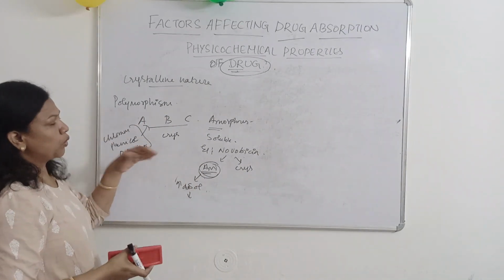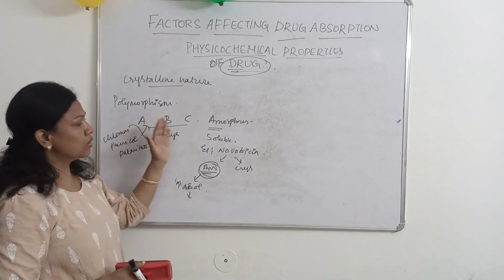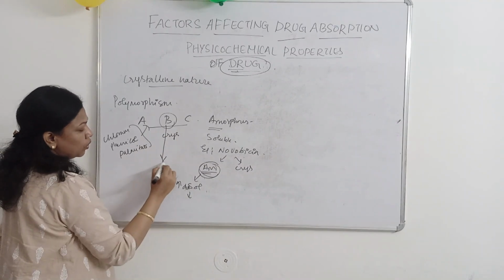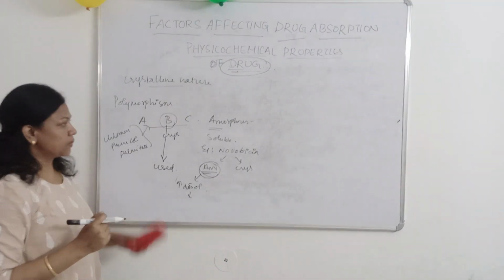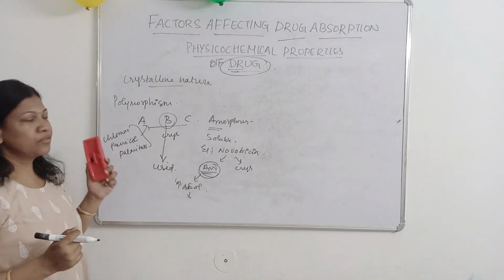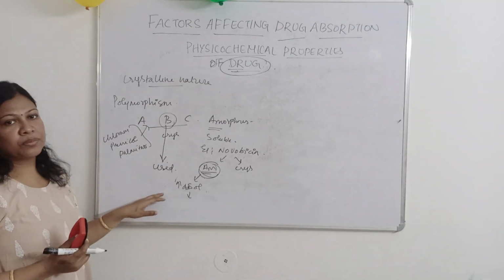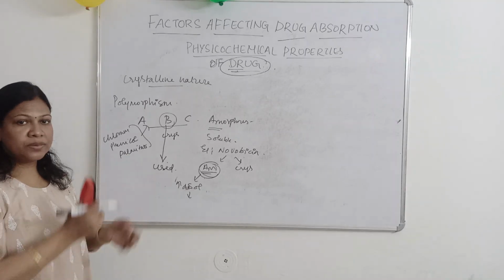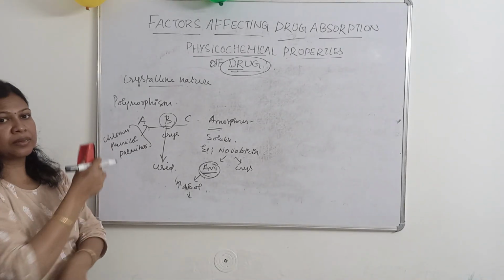In case of polymorphism, another example like chloramphenicol also exists in 3 forms. Again here B form is used for formulation purposes. Why is B form used in the formulation of chloramphenicol palmitate suspension? Because B form is highly soluble in nature. And in some suppository bases like theobroma oil, there are also alpha, beta, beta prime and gamma forms, there are